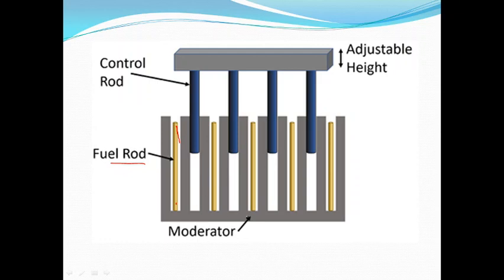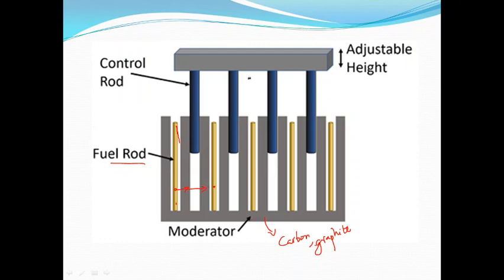And in between these uranium rods, we have moderators. So you can see here the moderator, which is usually carbon or graphite, is placed in between these uranium fuel rods. So if a neutron is leaving this fuel, before it reaches the second uranium, it will have to pass through the moderator and it will be slowed down by the moderator. So the neutrons that are released from one of the rods will reach the other rod only after slowing down, only after getting into the suitable range for the nuclear fission process.